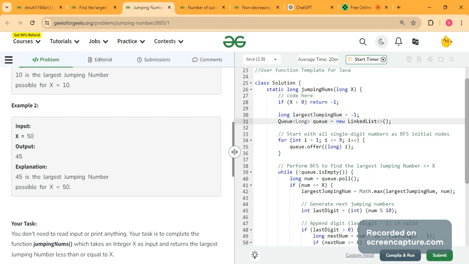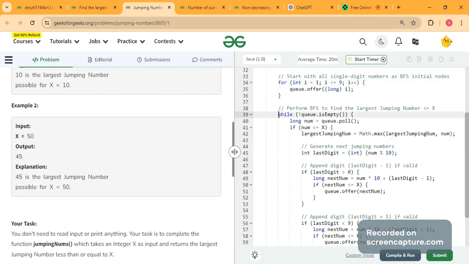Okay, so we will be using BFS in this question. We will create a queue here, and then we will place all the numbers from 1 to 9 in this queue. Why are we doing this? You will get the logic in a few minutes. Then, just like we do in the BFS traversal, we will run a while loop here.